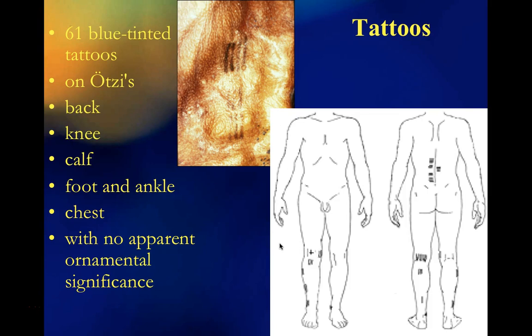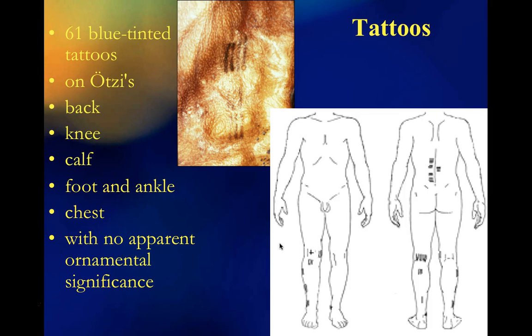They were on the back of his knee, on the side of his leg, on his calf, on his inner knee, on his ankle, on his chest. They were often in linear patterns of lines, and they were definitely tattoos that had sources of carbon in them. They had a little bit of a blue tint,